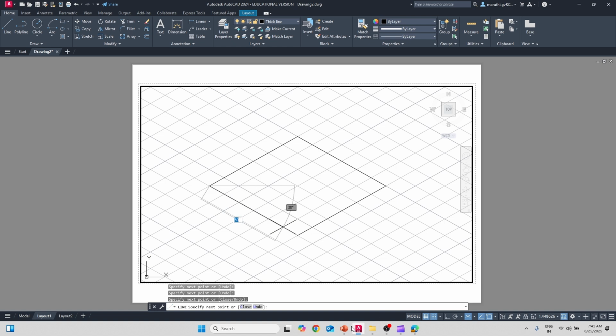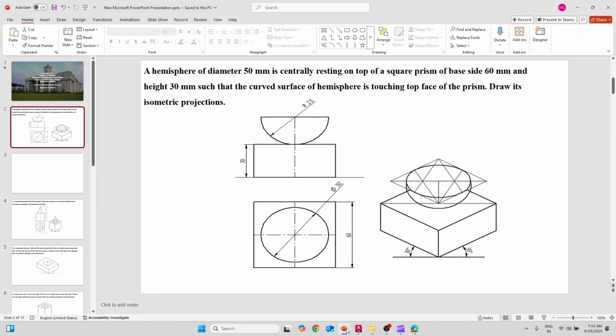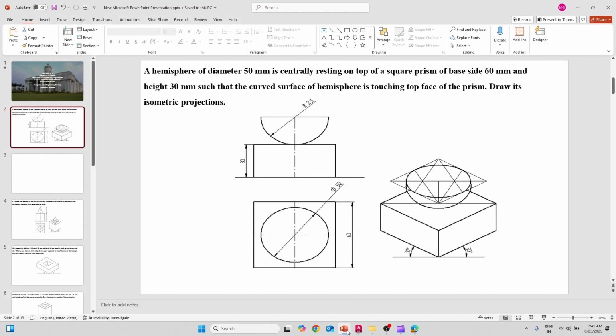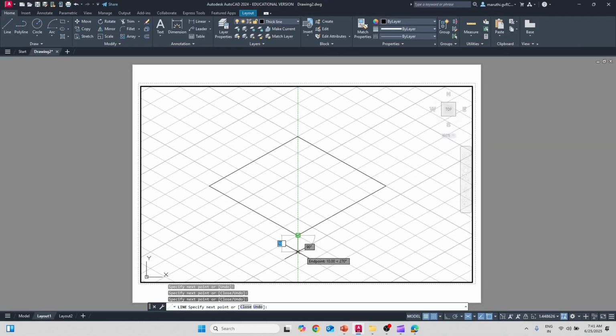Right? Again I will check with that. What is the... yeah, it is 60 mm. Then 1, 2, 3, 4, 5, 6. Okay. Now what is the height? Height is 30 mm. Right? I will go with 1,